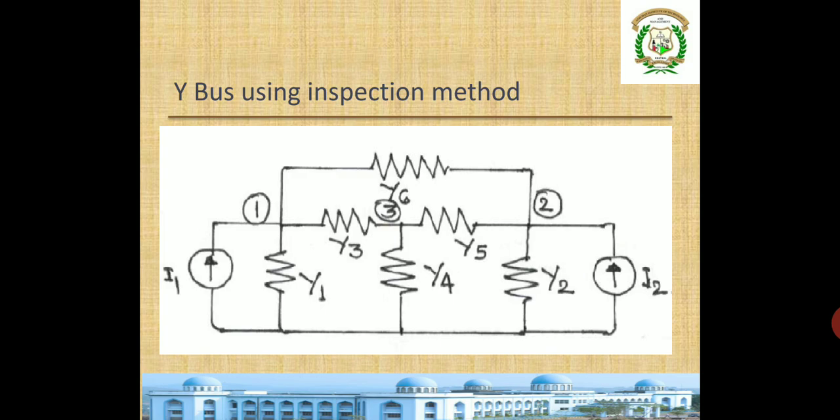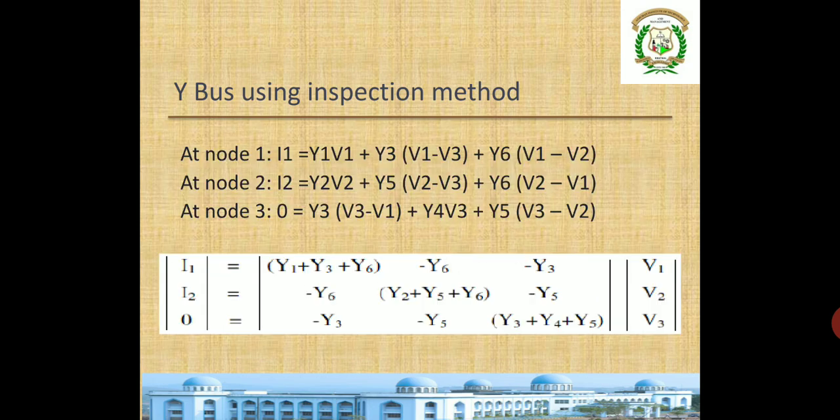Fine, let us apply the KCL at node 1. You can see here the entering current is I1 and 3 admittances are connected, Y1, Y3 and Y6. Before that we will consider that at node 1 voltage is V1, at node 2 voltage is V2, and at node 3 voltage is V3. If we go with the same data, at node 1 we can write the current I1, which I have shown you,